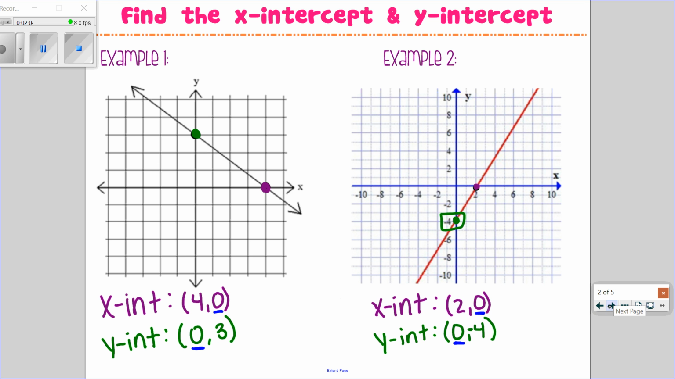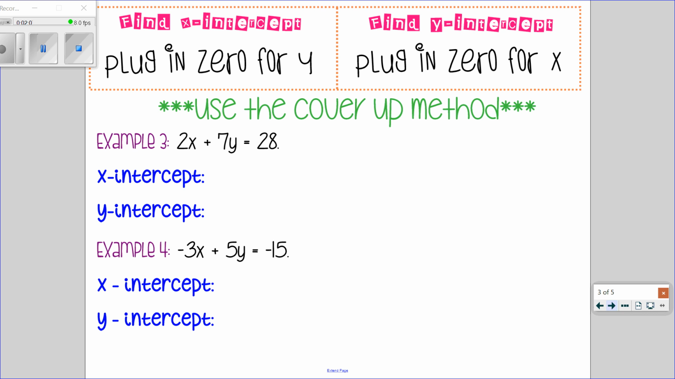Okay, let's try our next example. So now we want to find the x and y intercepts when given an equation and not a graph. So the way that we do that, to find the x-intercept, we're going to plug in 0 for y. And to find the y-intercept, you plug in 0 for x. So you basically just plug in 0 for the opposite letter of the intercept you're trying to find,